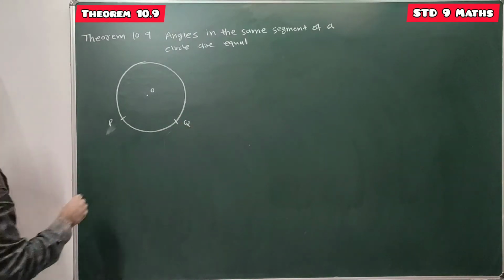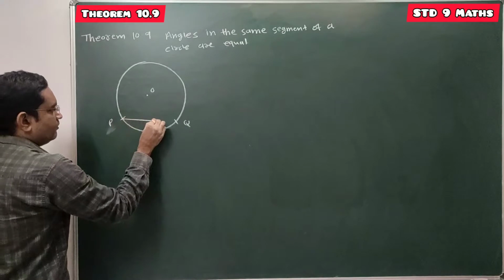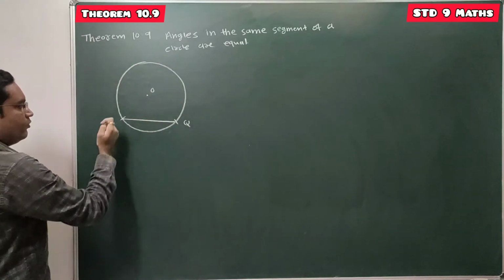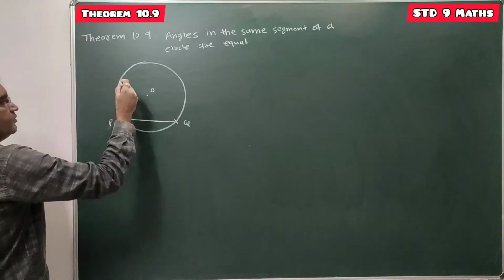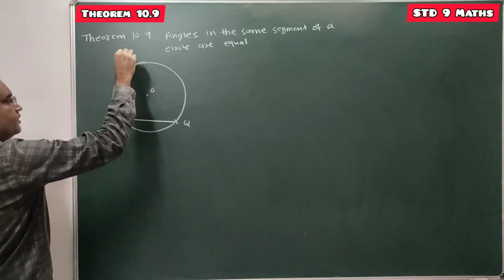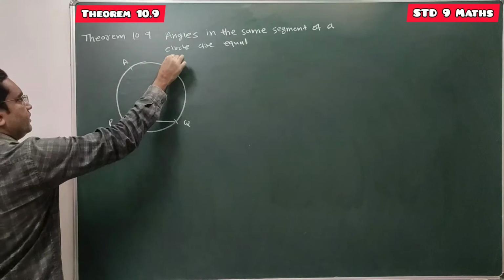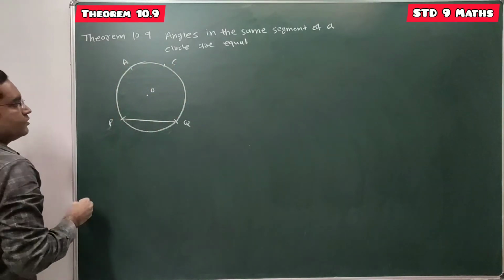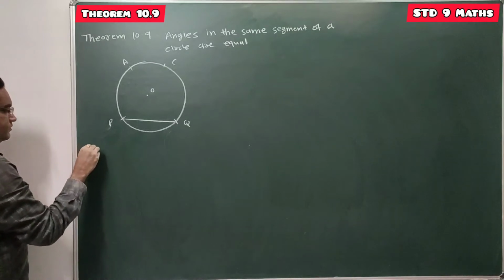This is chord PQ and this major arc PQ and this chord PQ form one segment. Consider these 2 points A and C, so they will form one segment PACQ. Done? So given,